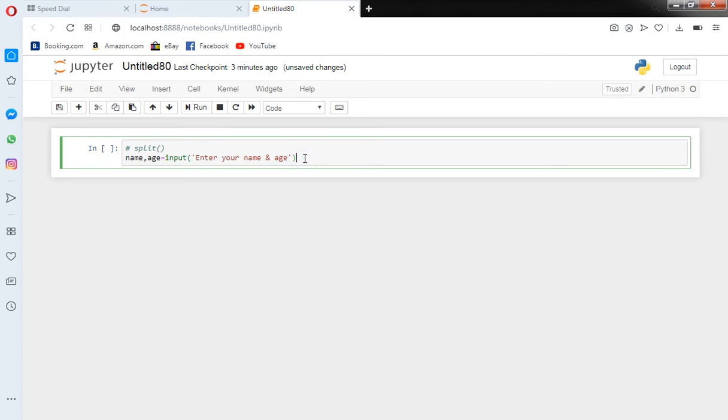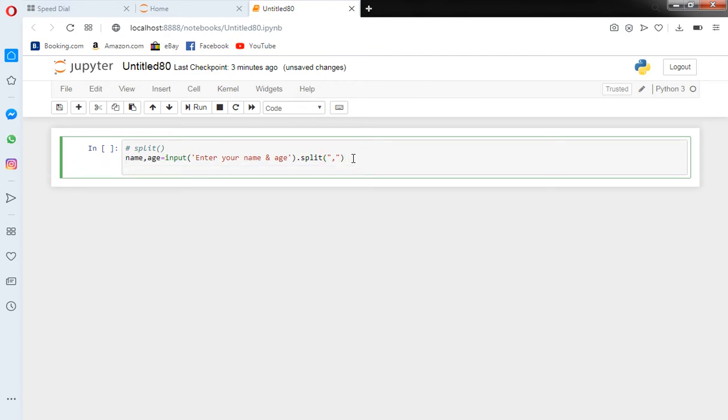By using the split method. The method can be called by using dot and split. There is a point to be noted. If I use inverted commas here and put a comma here, these two values can be separated by using a comma. Okay, and I print name comma age.